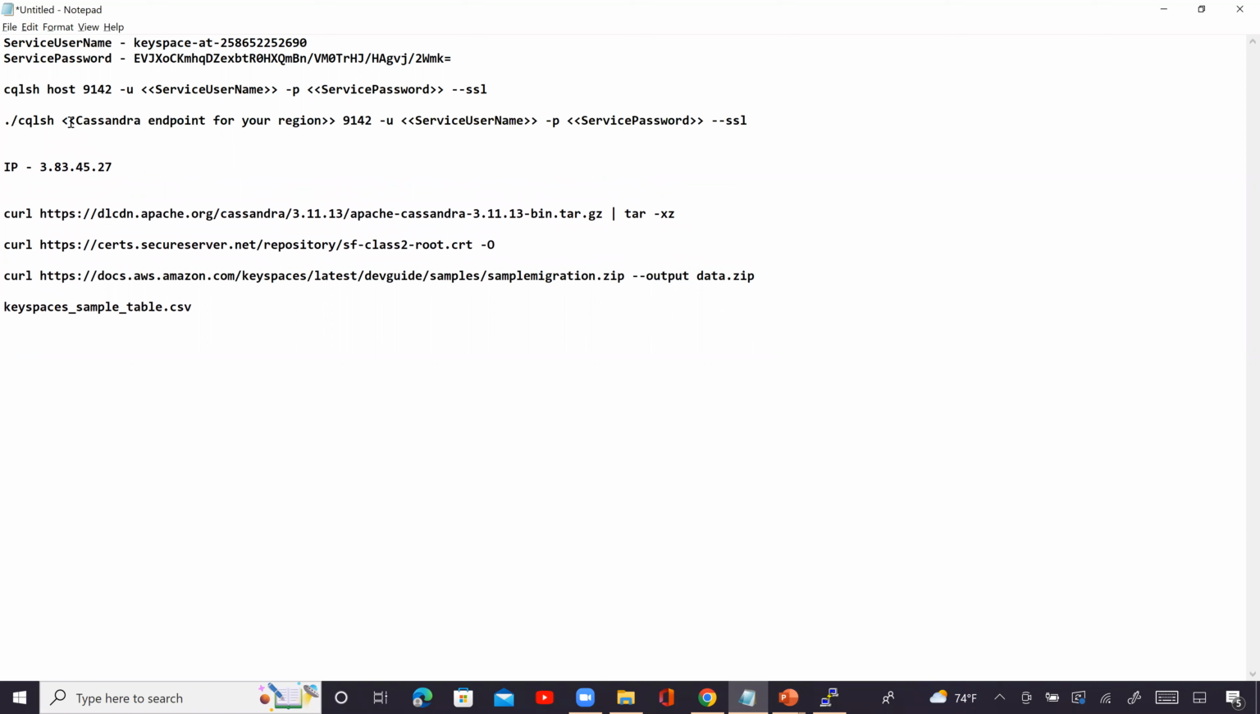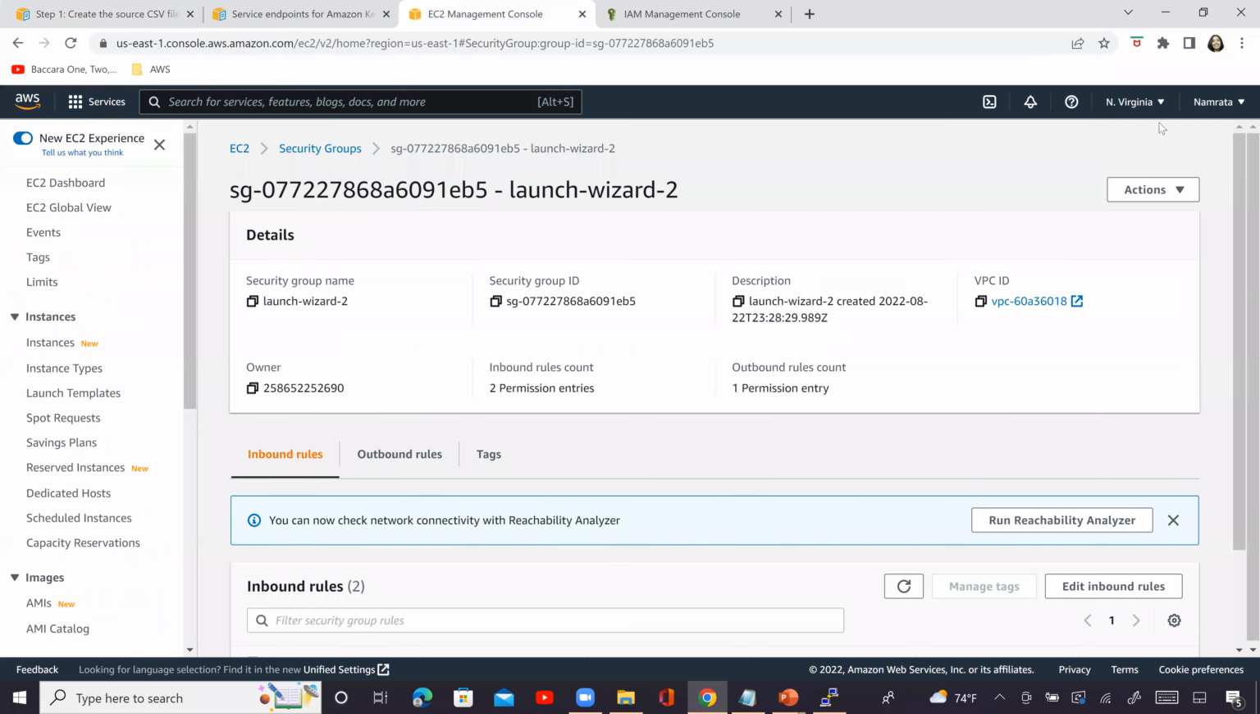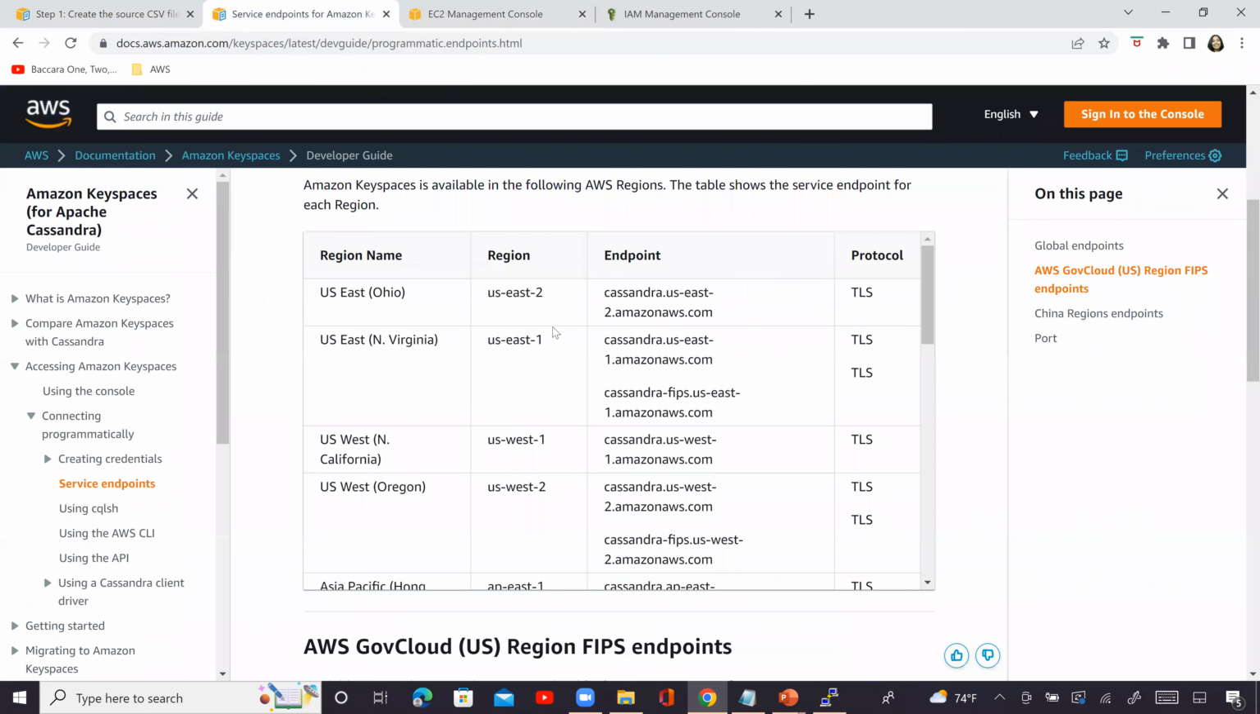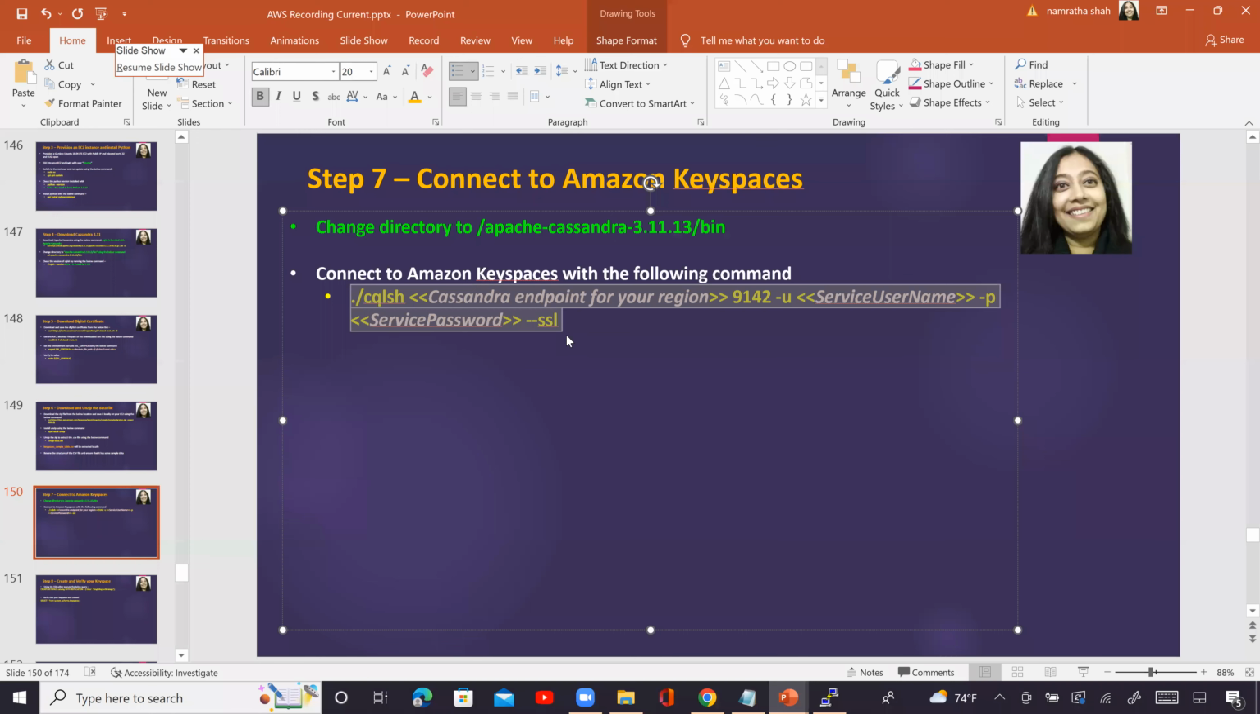Now remember, the Cassandra endpoint for your region is going to come from the URL that I have shared with you. So I am in which region? Let me see. I am in North Virginia. So I'm going to continue and stick to this particular region. This is where I'll create my Keyspace and everything else, right? So I need to go to service endpoints and go to North Virginia, US East 1. So this is the endpoint for that. So copy this particular endpoint